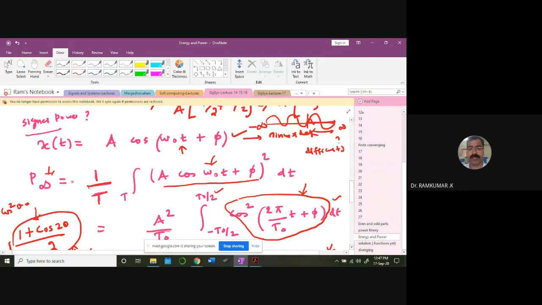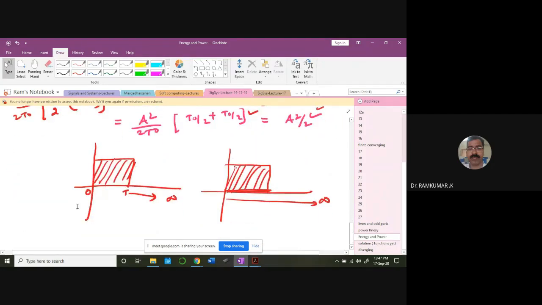So what we have to put here is t tends to infinity. But for periodic waveforms, you need not put that, because of the averaging out. Whatever you compute for one period is the average value for the entire length of the signal. That's why you are not putting it. You understand the point? So for finite signals like this, if you average it out for time t tends to infinity, the power value will become 0.